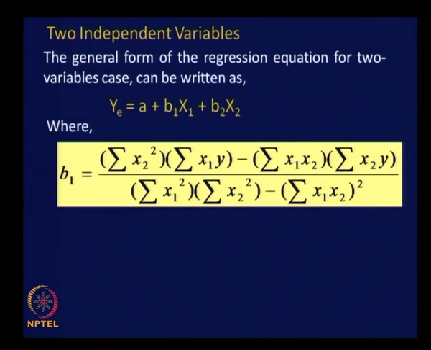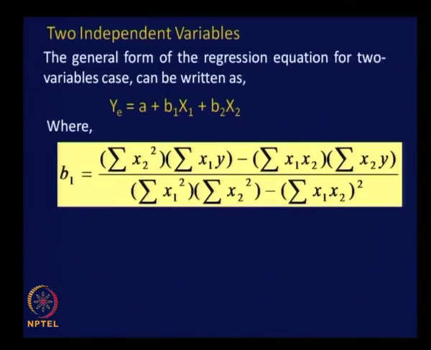You can perceive the way the complexity of the calculations increases. It is an exponential growth of involved work in the calculation of the values. b1 can be calculated as sigma x2 square into sigma x1y minus sigma x1 x2 into sigma x2y, whole divided by sigma x1 squared into sigma x2 squared minus sigma x1 x2 whole square,